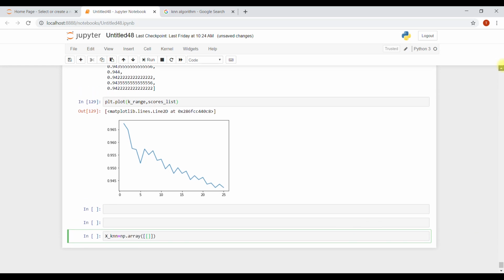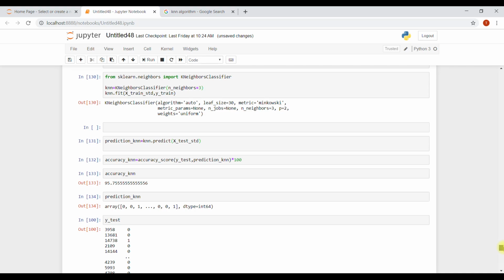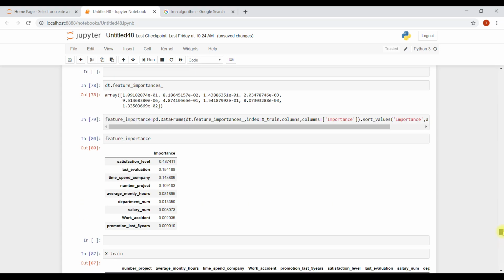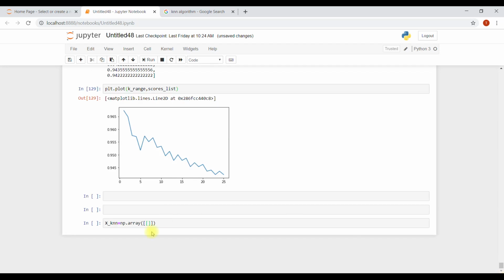Let me just copy paste that. Okay, let's copy it. The decision tree's answer was that the employee will leave. So I'm not gonna do that much, sorry, we're just gonna see